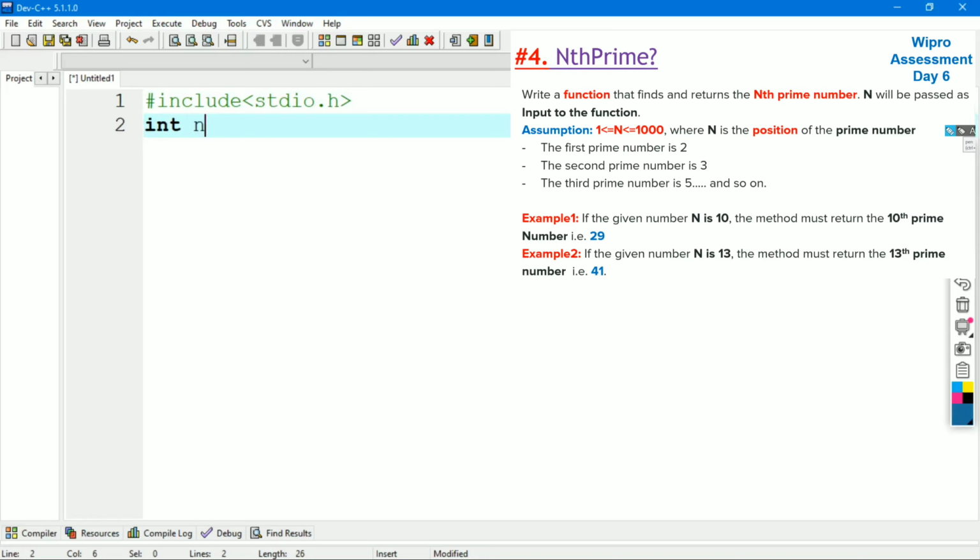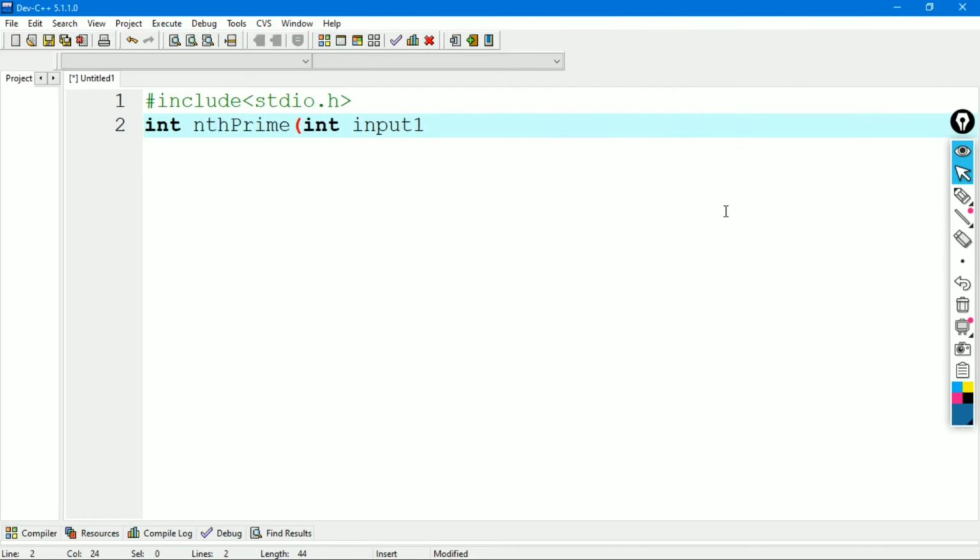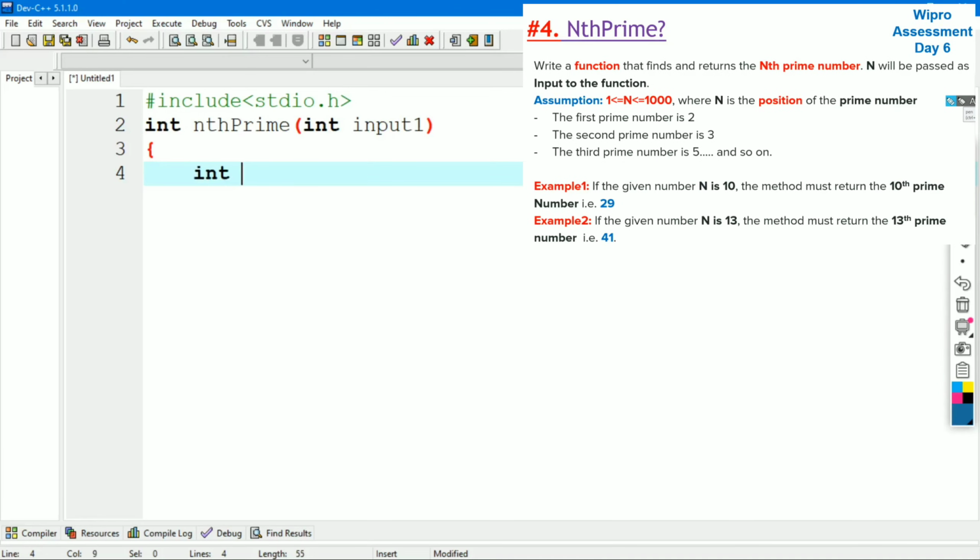Let's name it nth prime and pass the formal argument int input1. After that we will declare the variables i and j for the loops, and we will initialize count to 0 and flag variable to 0.